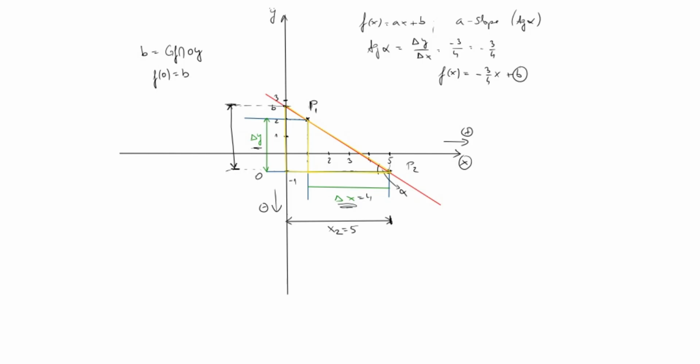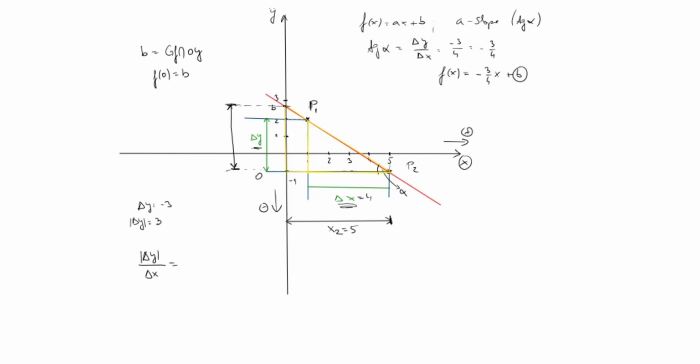Okay, now here we know that delta y is minus 3, but in this case we will use the absolute value, which is 3. So the absolute value of delta y is 3 because it's a distance. Okay, so let's write this relationship out. So we have delta y in absolute value over delta x. Here I don't use absolute value because delta x is positive,